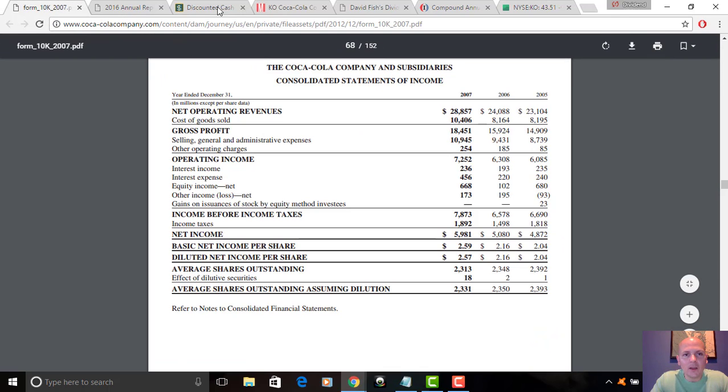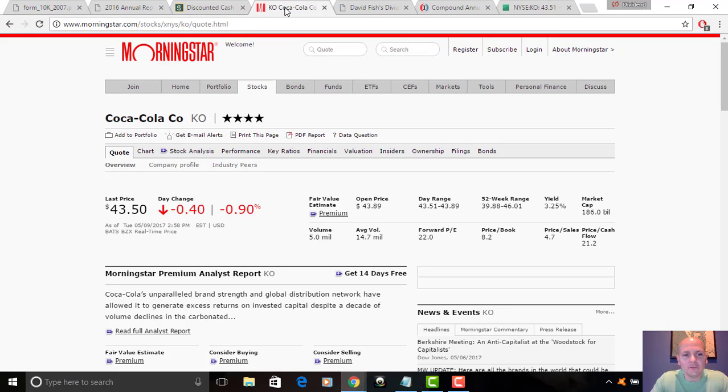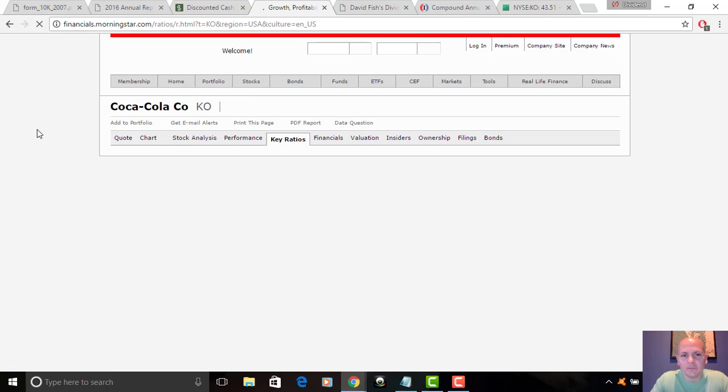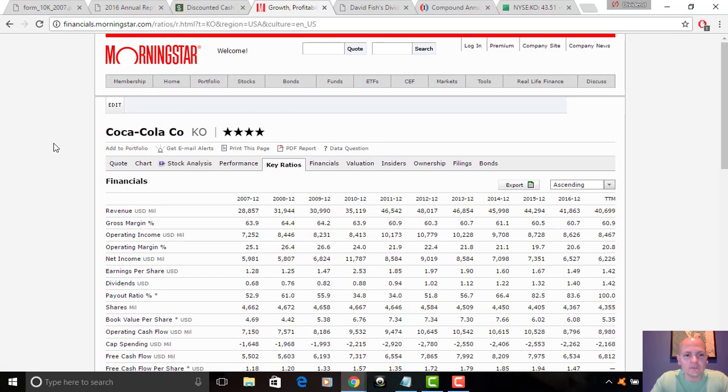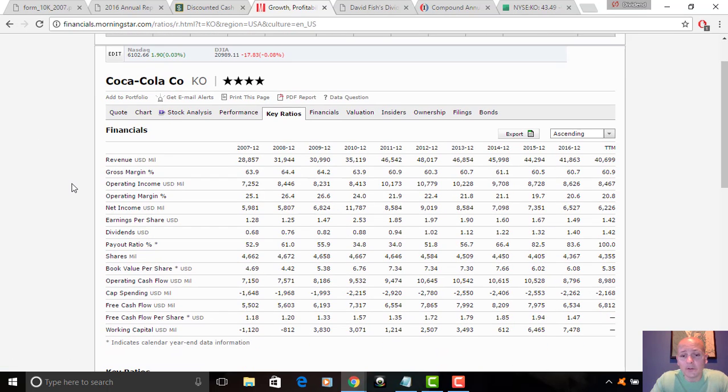Another thing I want to pop into here real quick is Morningstar. I use Morningstar a lot of times too. I find them to be a really good third-party aggregation service. They aggregate information pretty accurately. If I had to put a number on Morningstar, I'd say they're accurate maybe 90% plus of the time. So when you pull up 10 years' worth of information here, these numbers are, again, accurate 9 out of 10 times, or maybe even better than that.